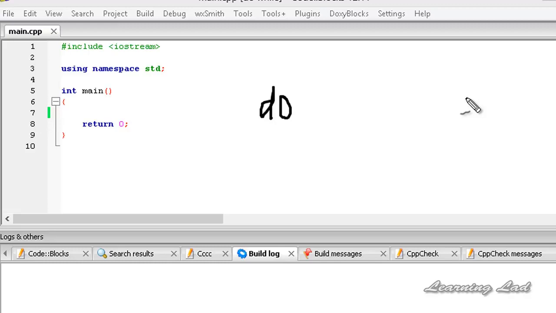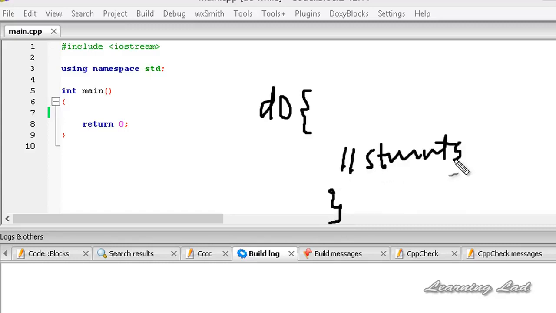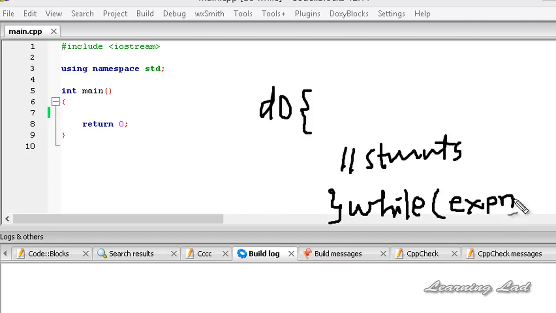is true or false. And the syntax is, first we need to write the keyword do, then a pair of curly braces, and between these curly braces we're going to write the statements. After these curly braces we're going to write while, and then in parentheses we need to write the expression, and after that we need to add a semicolon. So here what happens is the statements inside this block will be executed at least once, and once those